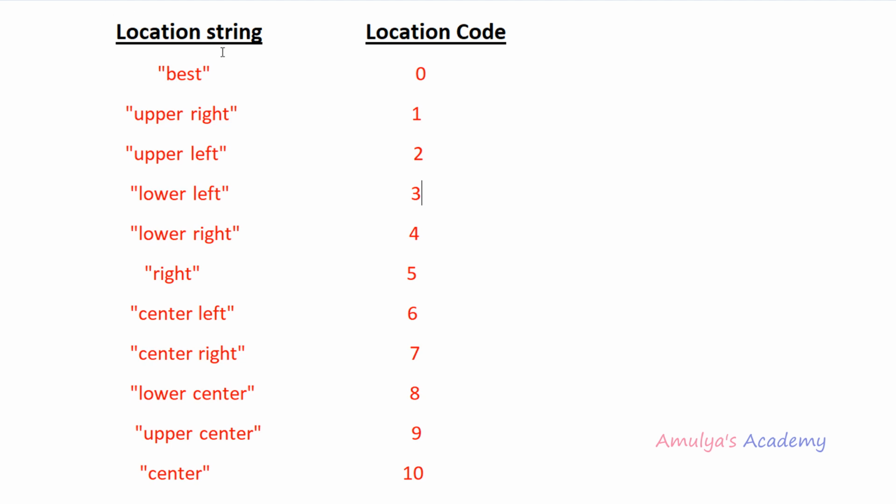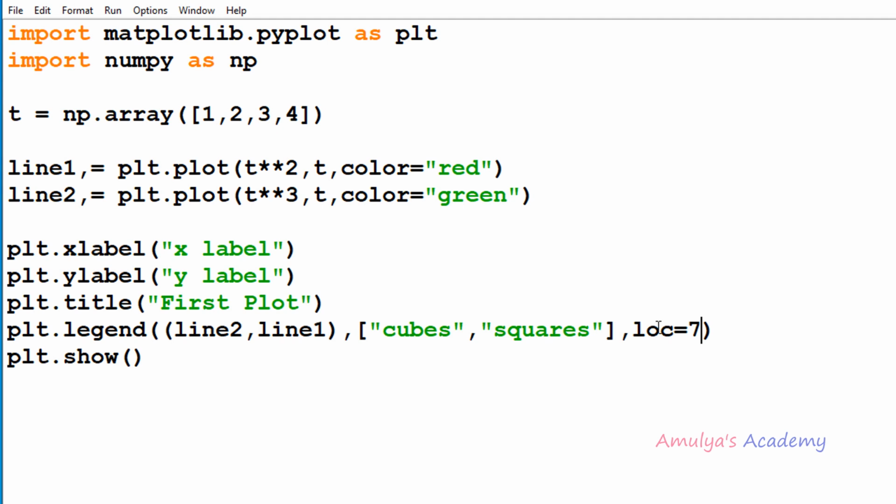Either you can mention the location string or the location code. You need to take loc equal to the location string or location code. Next we'll discuss another parameter called ncol, which allows us to change the number of columns in the legend. This is an integer value. So for example, now if I execute this program,